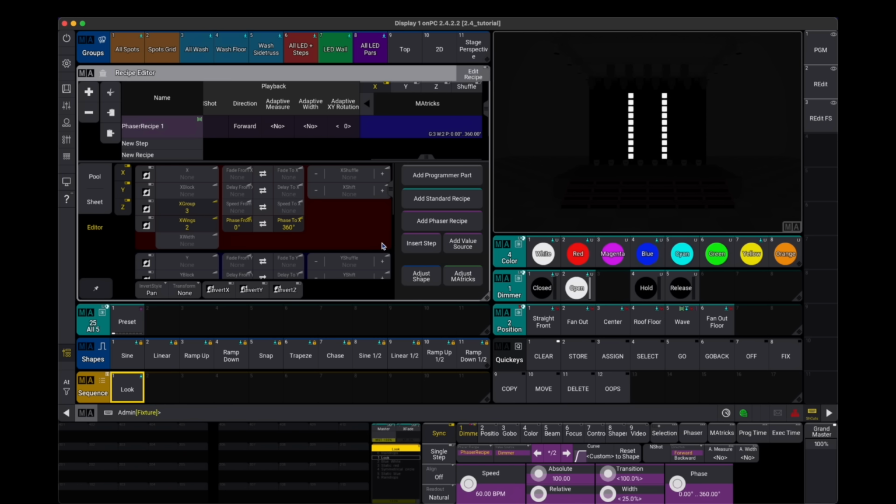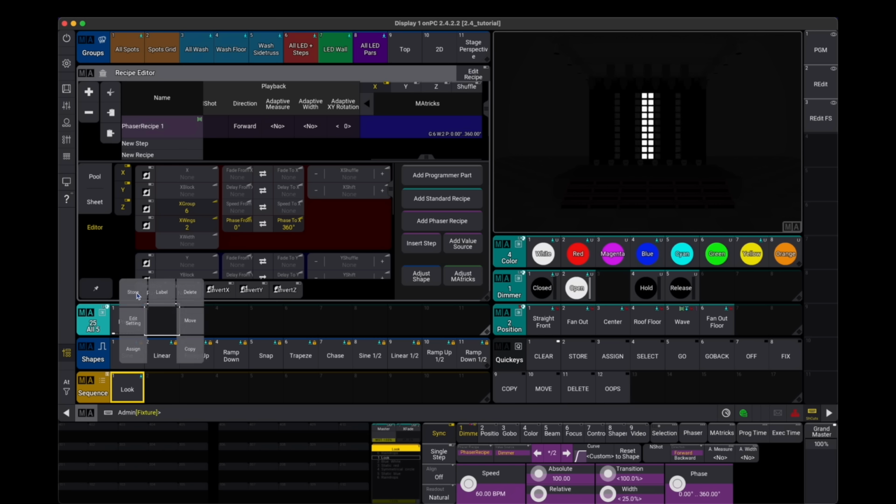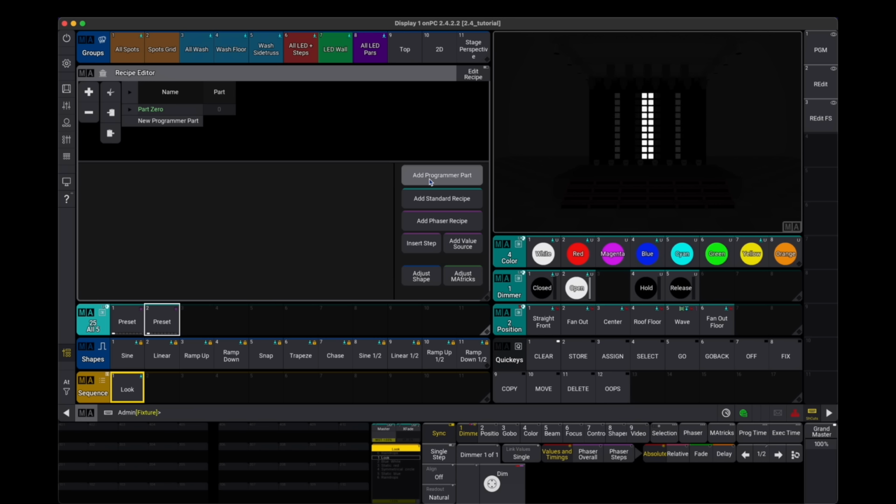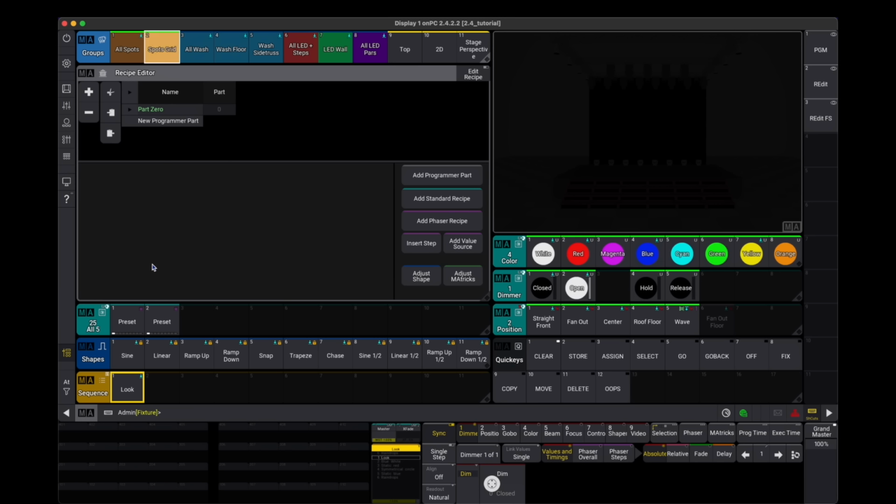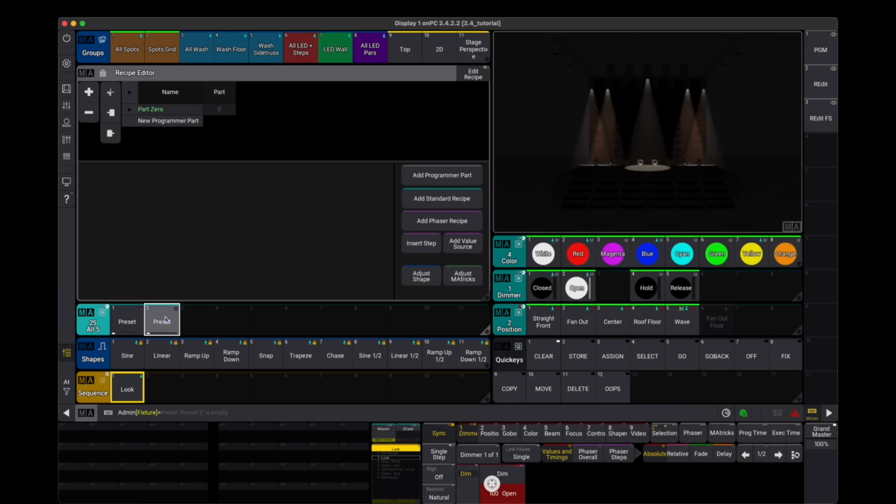Looks quite impressive and quite good. I would like to choose maybe 6 groups, and I have 6 groups. I would also store this as a phaser recipe. So right here, click store, and it's saved. One more example, I'm using the spot grid group. Click right here, and now I have applied this phaser recipe